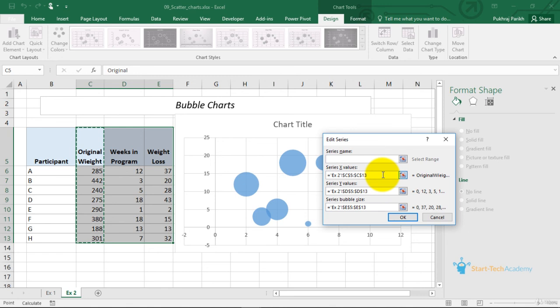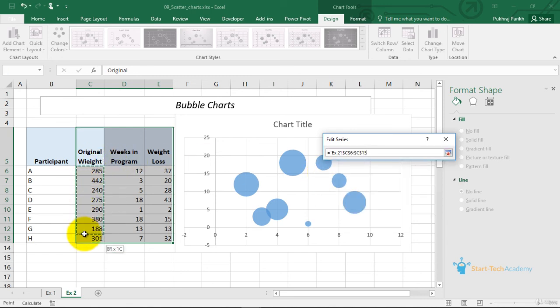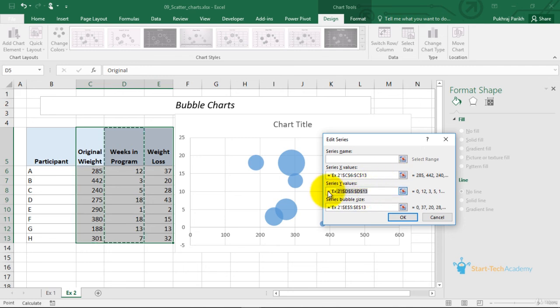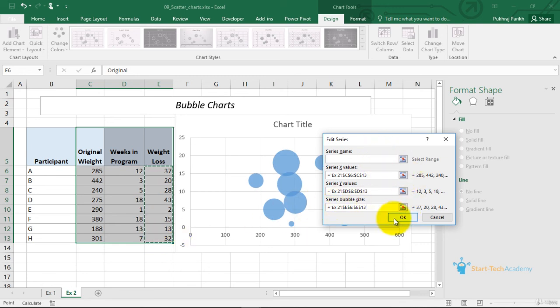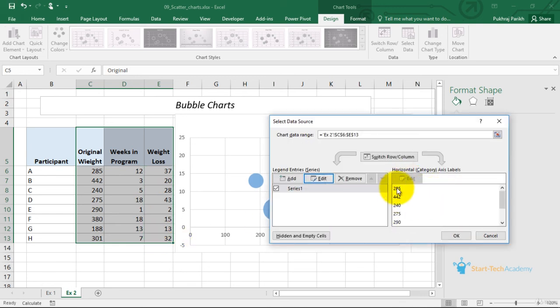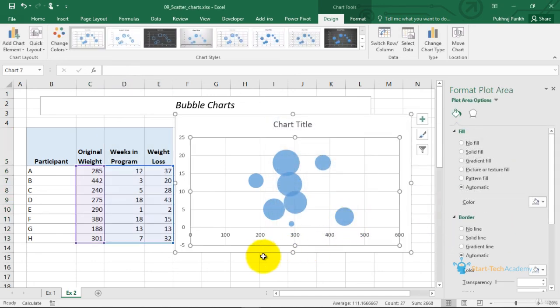The x value series is the original weight series, the y value series is weeks in program, and the bubble radius will be this one. It will automatically decide the horizontal axis labels. You can click on OK, and this is the bubble chart that we wanted to create.